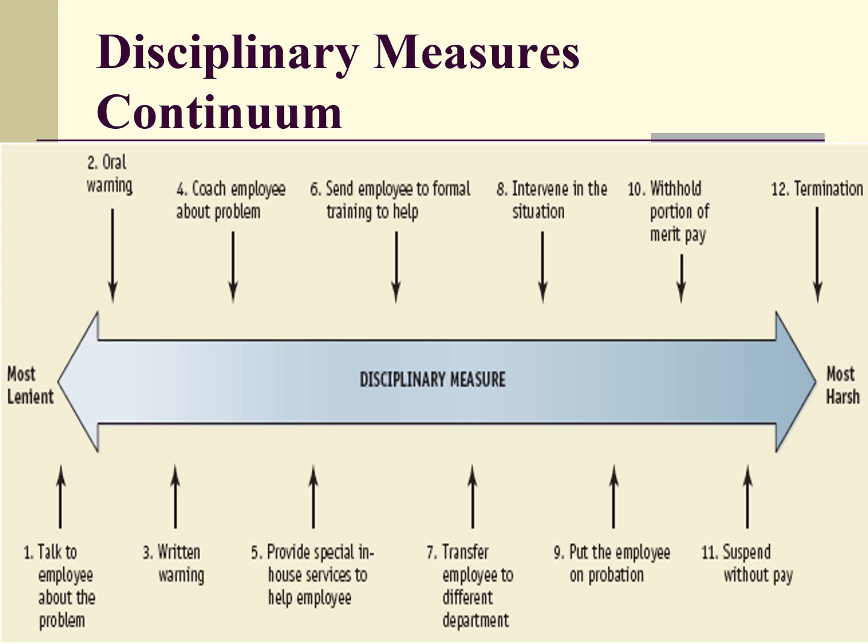The fourth might be to actually have a coaching session about the problem. The fifth might be provide special in-house services to help the employee, training for instance. Might then, 6, send the employee to a formal training session. 7, transfer the employee to a different department where maybe their negative behaviors wouldn't affect their performance. Intervene in the situation directly, put the employee on probation, withhold portions of merit pay, suspend without pay, and finally